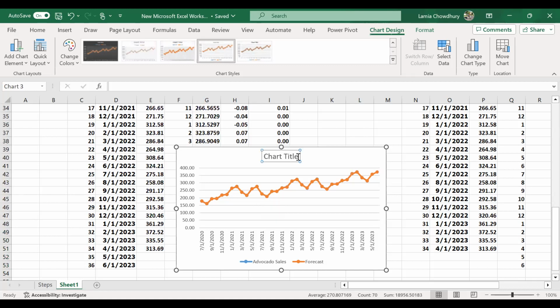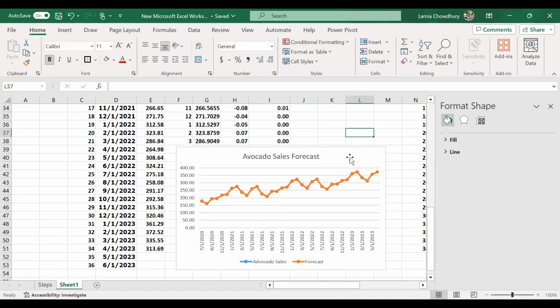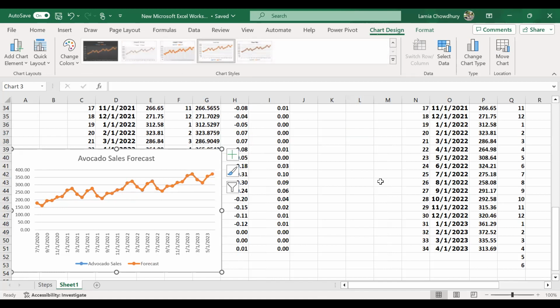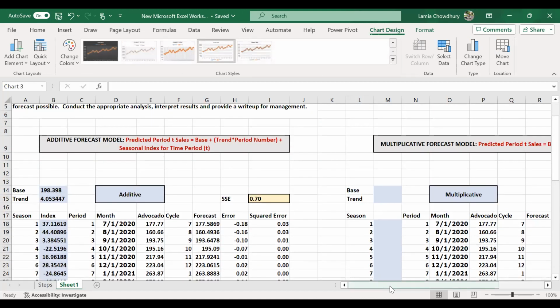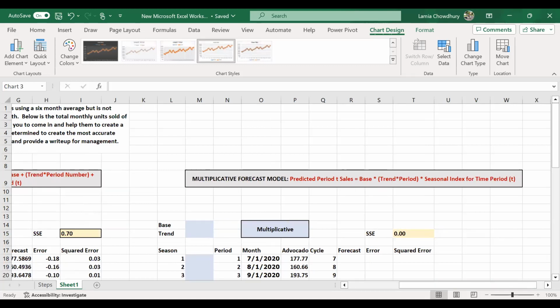And I'm just gonna change the title to avocado sales forecast. Okay, here you go. So that's pretty much about the additive ones. Now let's move forward to the multiplicative one. This is the same as the additive ones, but for the multiplicative ones, we just multiply instead of